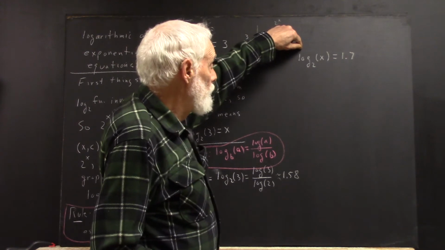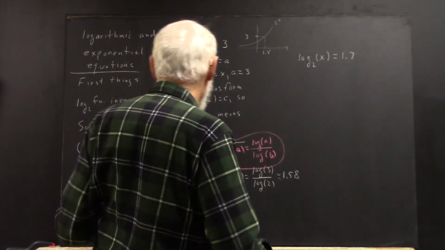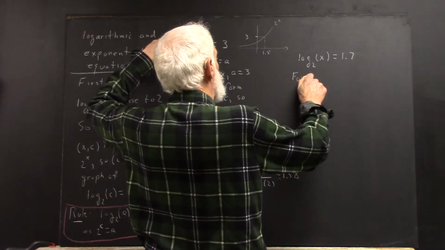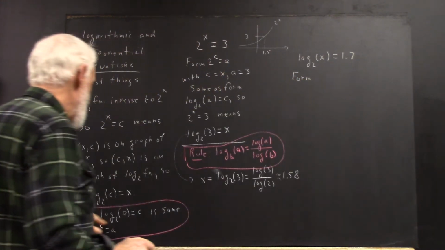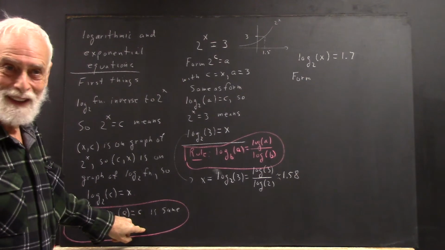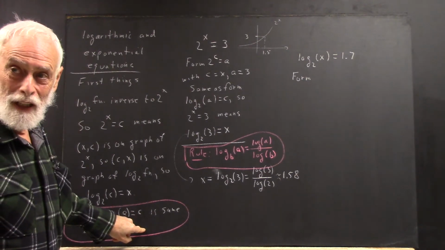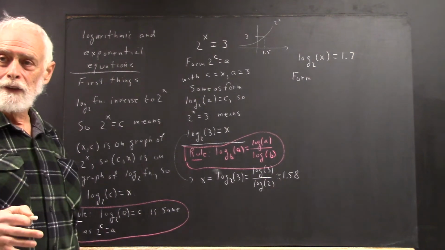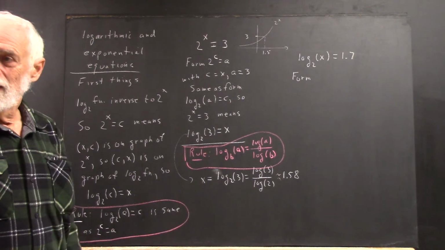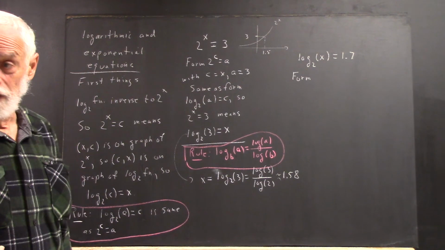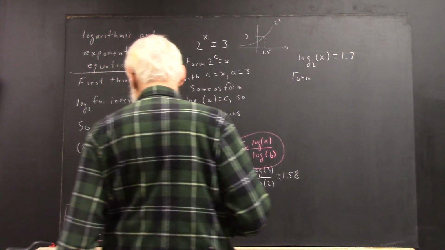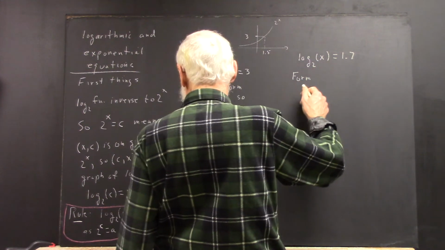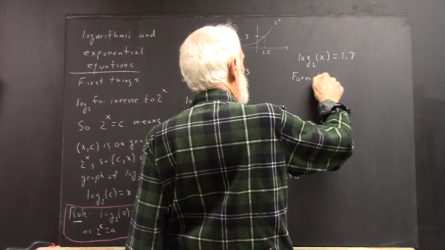So, you got log base 2 of x equals 1.7. Write it out. Copy down the form, run yourself through the process. You do that half a dozen times, and then, if you're confident, you can start to shortcut it. Write out the form. Don't write out anything that skips a step. Okay, the form is log base 2